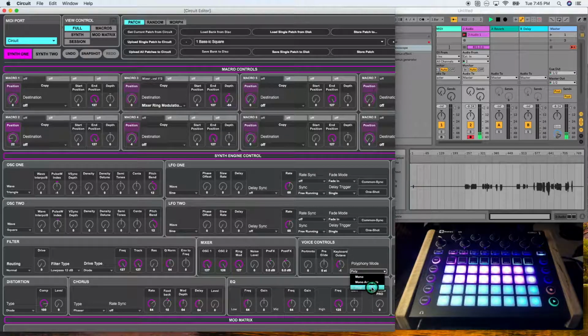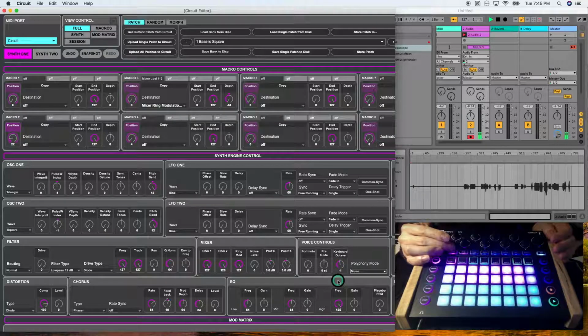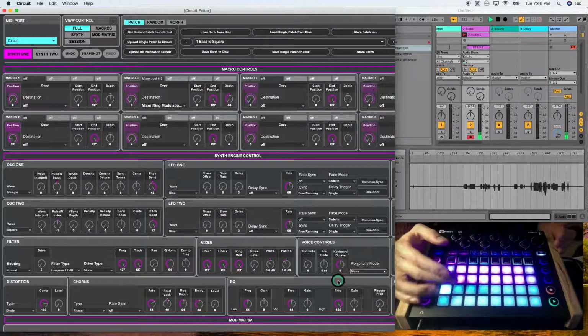So I think poly is pretty self-explanatory. I think most people like to use poly more than mono because poly gives you more options and is more interesting. But mono is what most of these controls are related to. So we're going to stick to mono for now. The keyboard octave is actually super straightforward. It's MIDI linked to your Novation circuit. So if you mess around with the octaves here, it'll change on your circuit editor. So if I press octave down, it'll go down to -2, 3. So it's very straightforward. It just tells you where the octave is on your keypad.